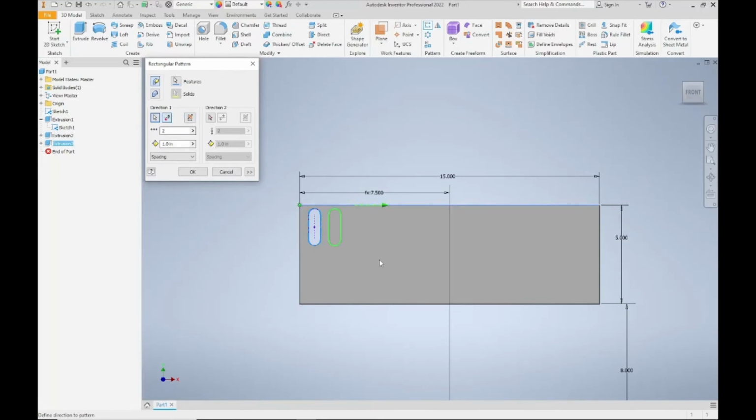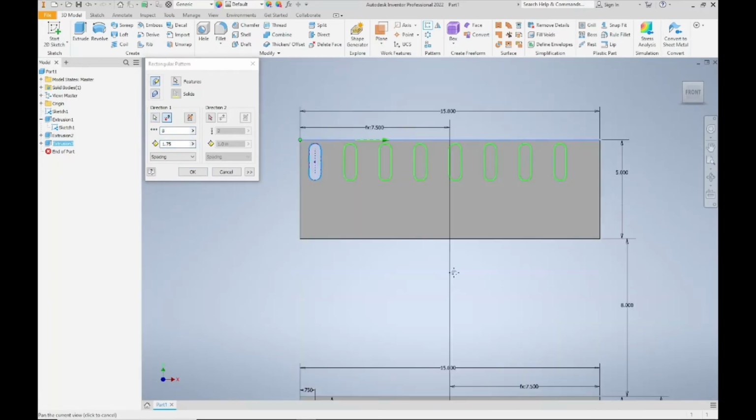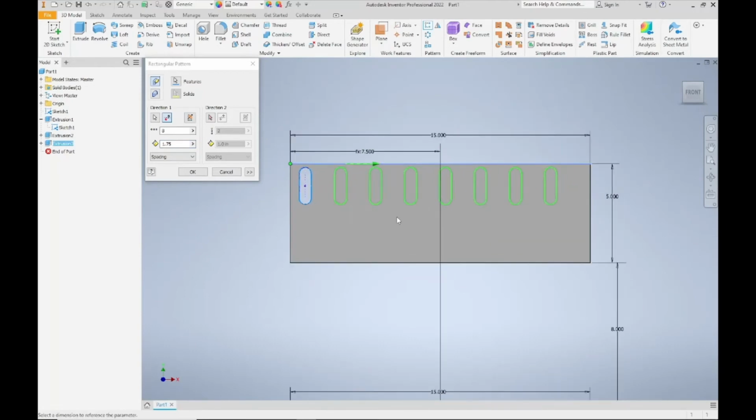In this case, I'm going to flip direction and place my items. And I'm just going to use the same settings we did for our 2D sketch below, even though my slot's a different size here. We'll see if it works. So direction 1 is going from left to right, and I'm going to place 8 items in, spaced at 1.75